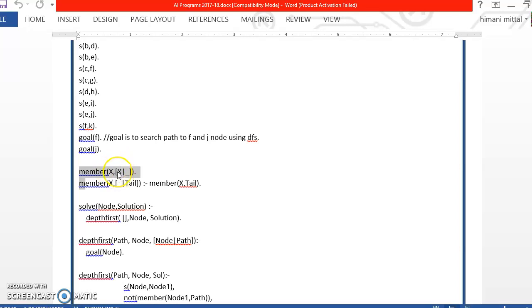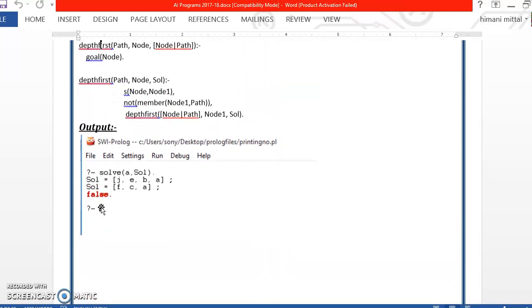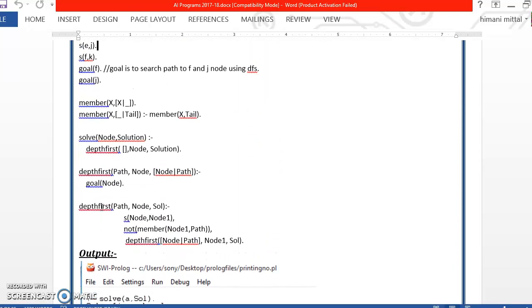If it is not so, if it is not the first element, then in the second call to the member predicate, we are saying that if X is not the first element, the head is anonymous, anything, then we will look in the tail. So for that we are calling the member function with X and Tail. So this will call this function again. Again, if the first two arguments match, then we will return true. If it will not match, we will come back here. Again, we will look in the tail. Then we have three more predicate definitions, and then we will be able to understand how this particular program is working.